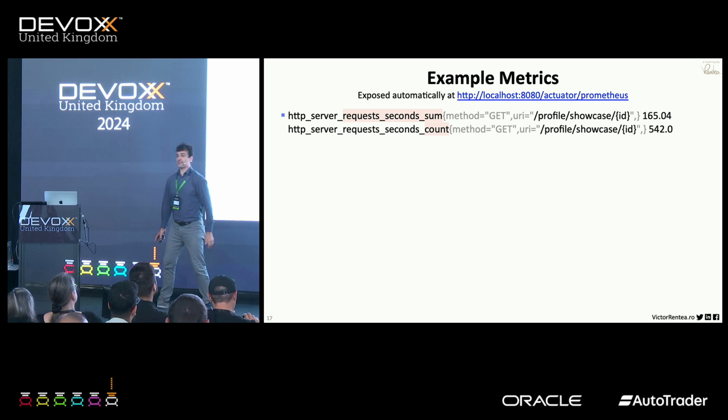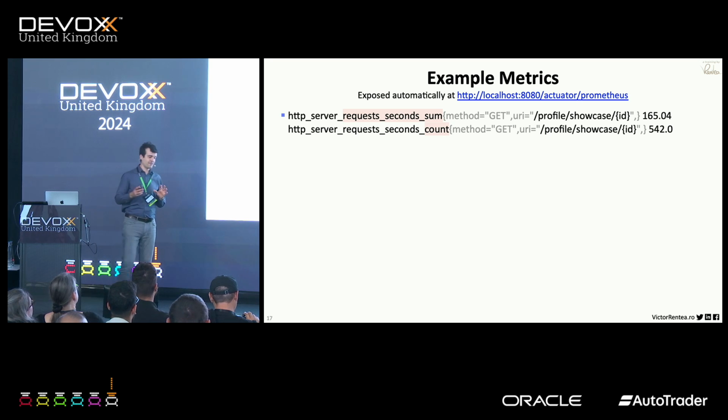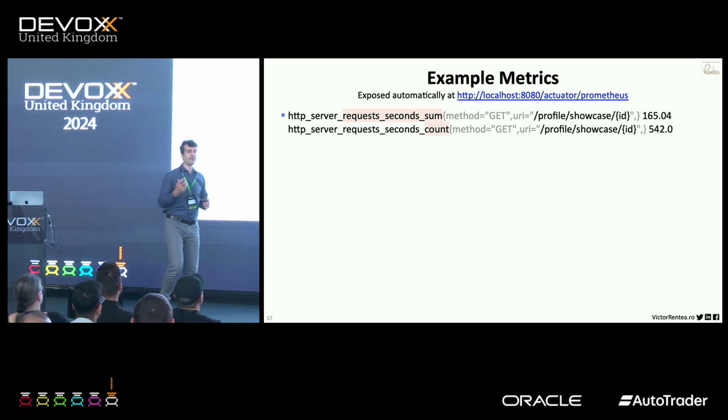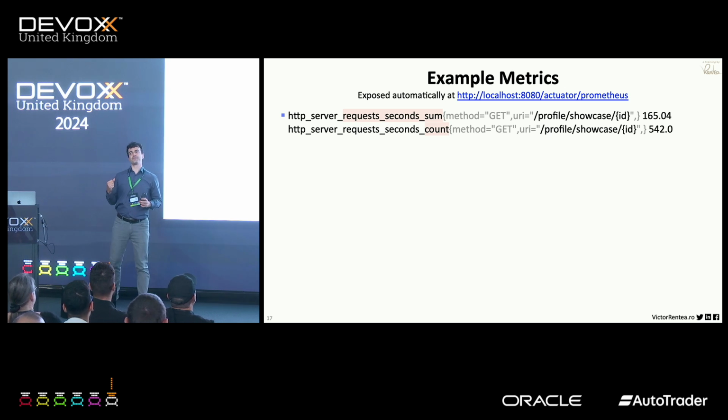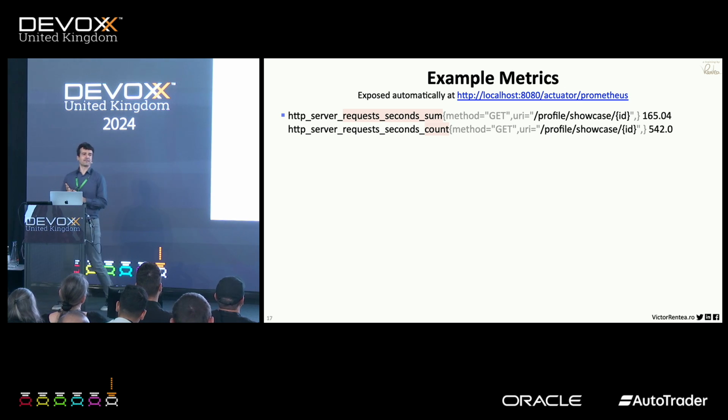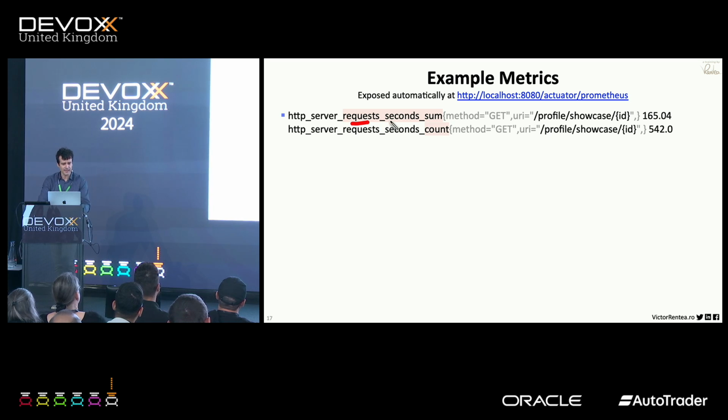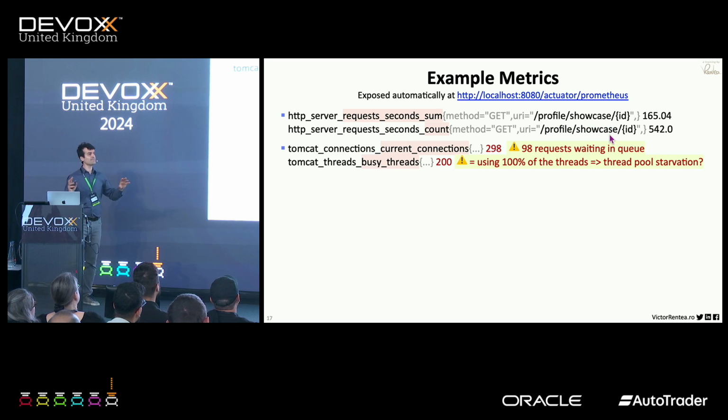Some interesting metrics. The goal here basically is to break the myth that performance bottleneck finding is something mysterious. No, friends, it's super easy. Just have a look. Because there is a lot of mystery around this topic. Oh my God, it's hard to measure. Not quite. Look, request seconds sum and count. How much time did this endpoint take to execute? Simple, automatically exposed. How much time, how many connections are open with its clients by your Tomcat,